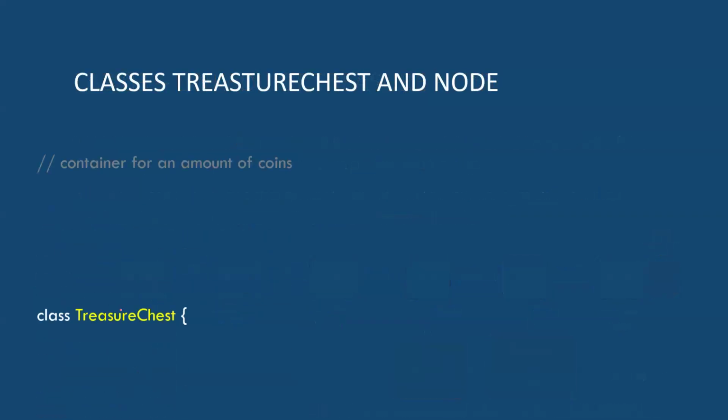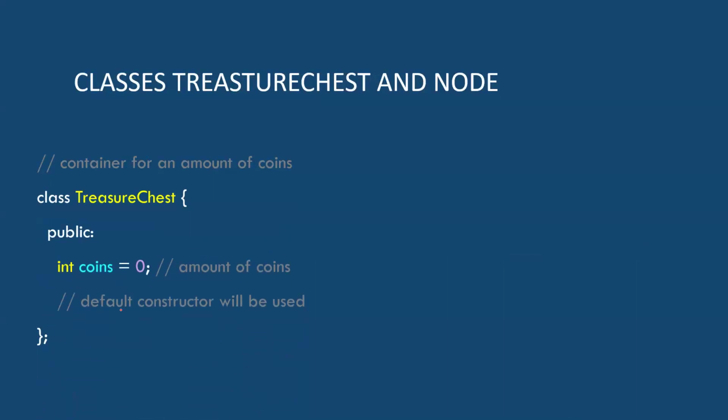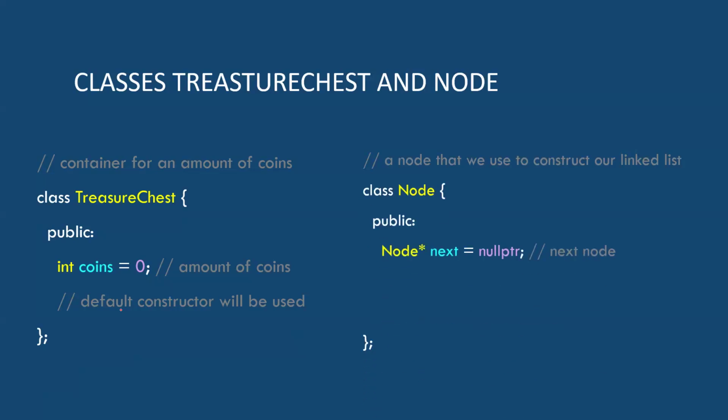Let's take a look at our treasure chest, right? This is my instance of the treasure chest that will be pointed to by chest in the node, okay? So you just have to follow the arrow in that case, not a dot, right? And then our node has a next pointer and a chest pointer, okay? So we will loop and move next forward each time, and check these and sum up whatever's in the coins data member of the chest, okay? And we'll take a look at the code here in just a second.